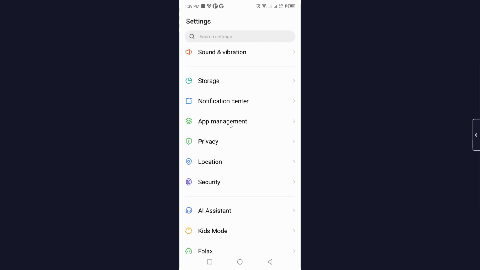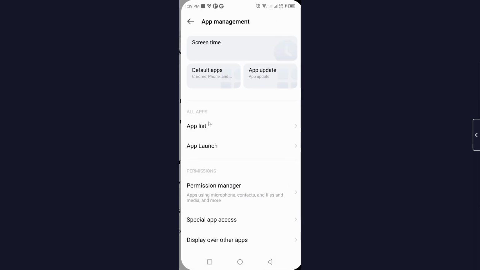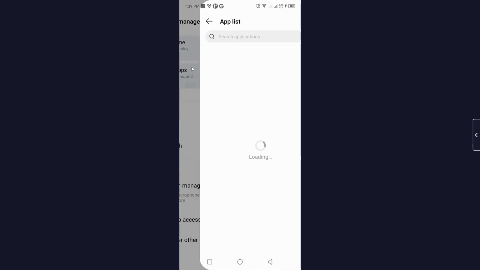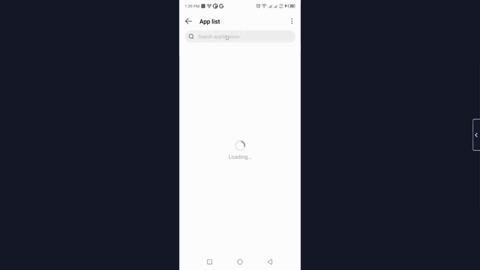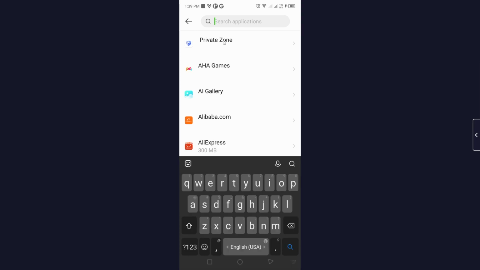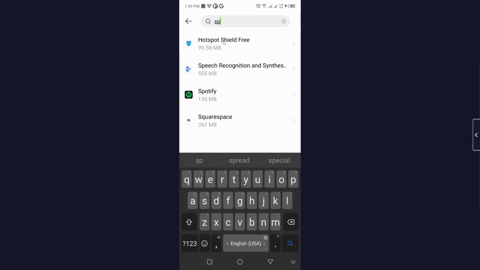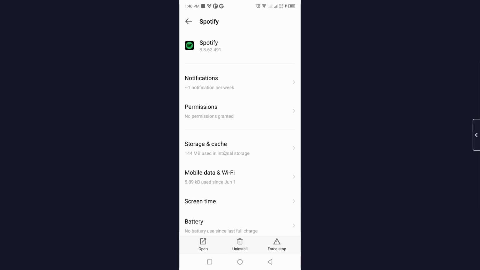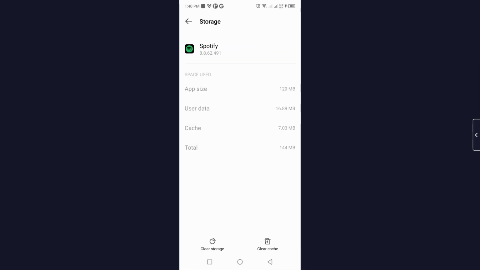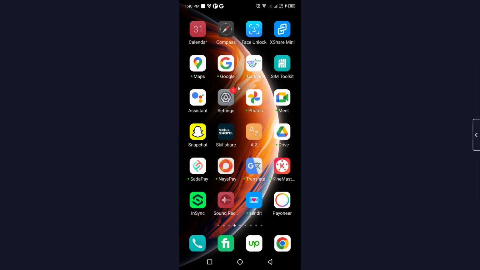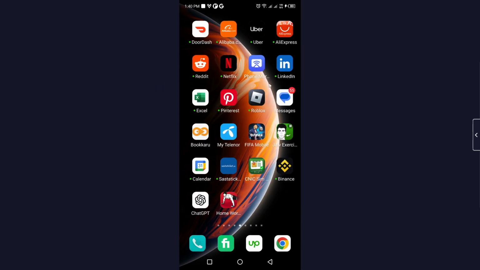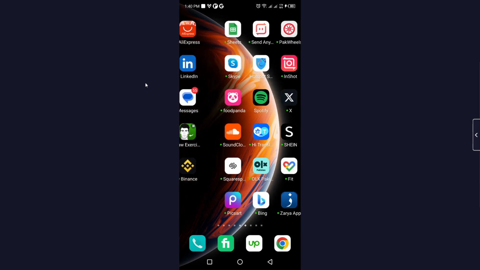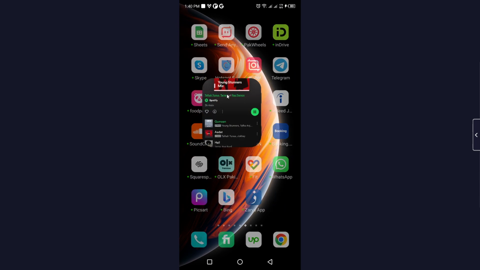go into the app management and go into the app list and search for Spotify. Click on that. The first step you need to click on storage and cache. The first step you need to clear cache, and after that you need to clear storage, and after that you need to turn off your smartphone and turn on again, and you need to simply open Spotify and your issue